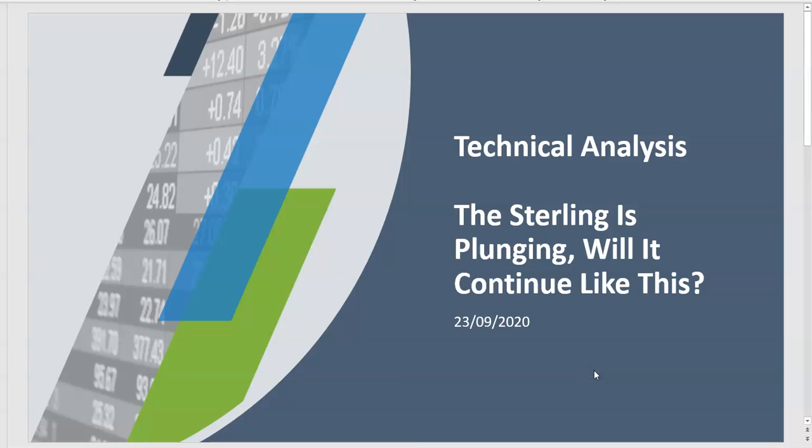Folks, today I am going to look at sterling. The reason for that is there are a number of announcements on the fundamental side which are really coming up on both sides. If we are looking at sterling against the dollar, there are announcements on both sides of the equation. What do I mean by that? There are announcements on the dollar side, and there are also some new developments on the sterling side as well. So both governments and both central banks have announced something new, and that is really impacting this currency pair. So it is quite important for us to have a look at the price action and also